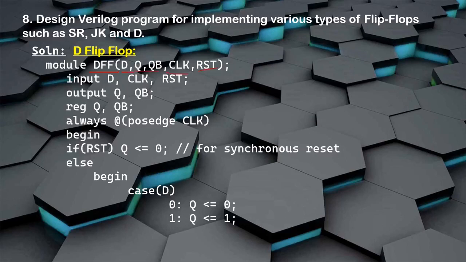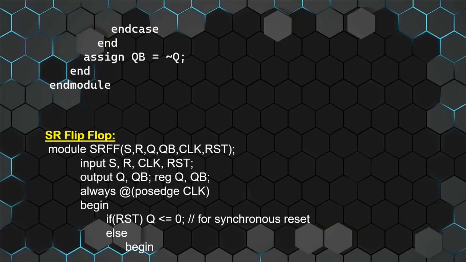Okay, outputs are Q and Q bar. QB means Q bar. Here you can see inputs D, clock and RST. Outputs are Q and Q bar. Here are the cases. At the zeroth case, Q is less than or equal to 0. At the first case, Q is less than or equal to 1. Okay, and that is all about